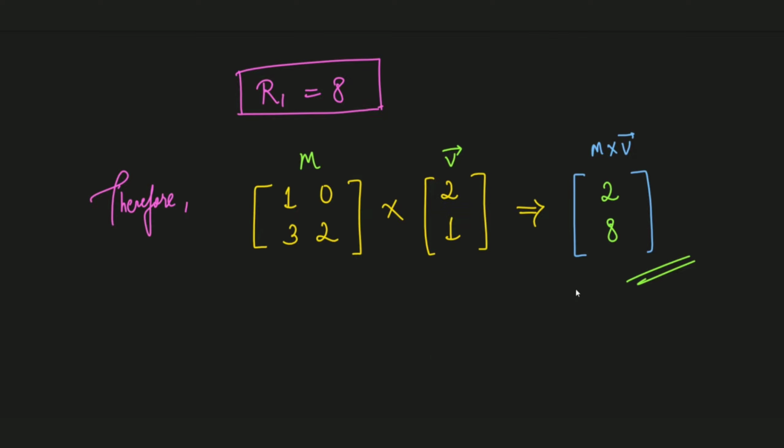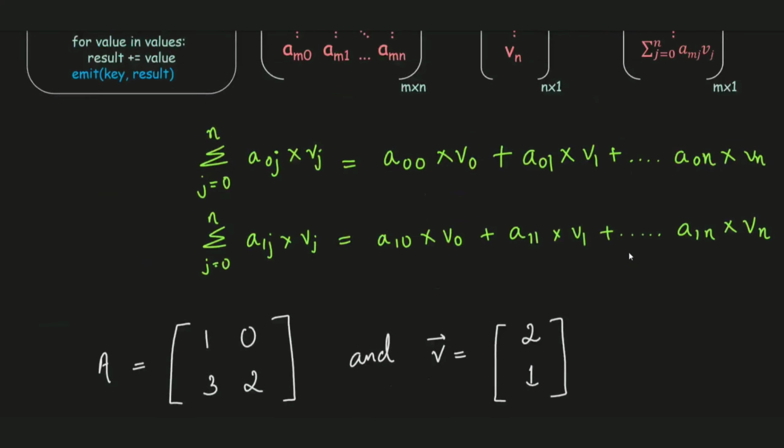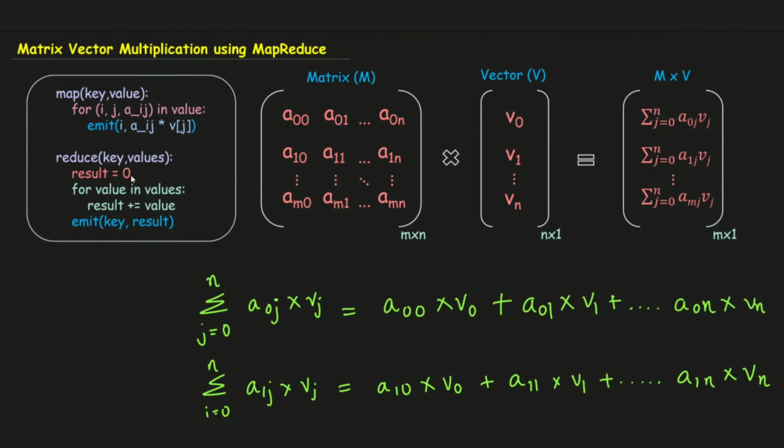And with this we are done with the example of matrix vector multiplication using the MapReduce algorithm. I hope the entire algorithm is clear to you all. We have seen the syntax as well as the example, which might have cleared all your